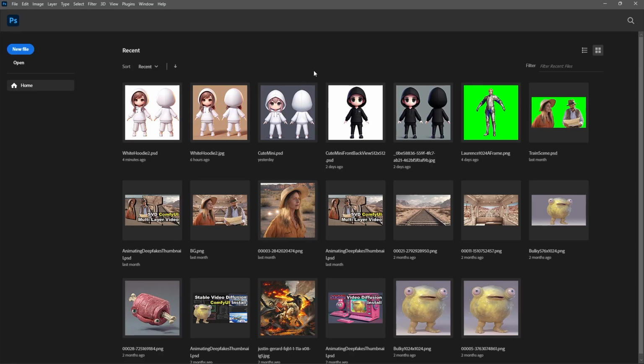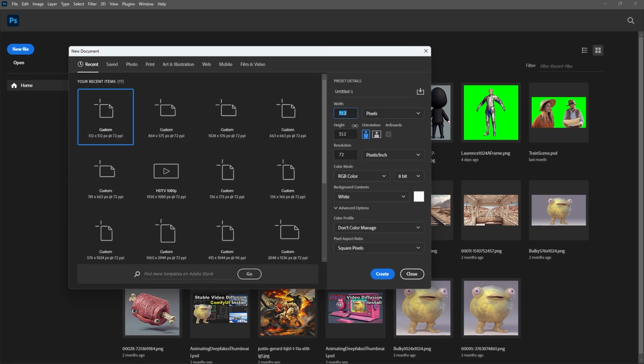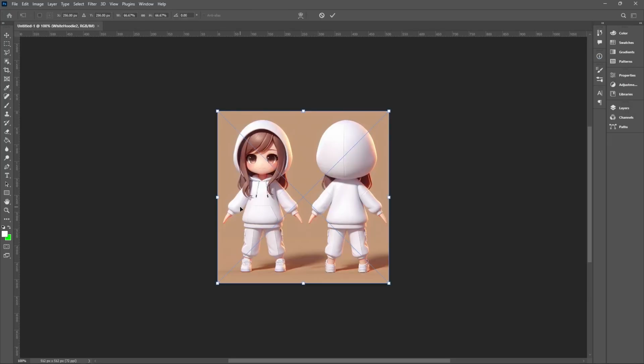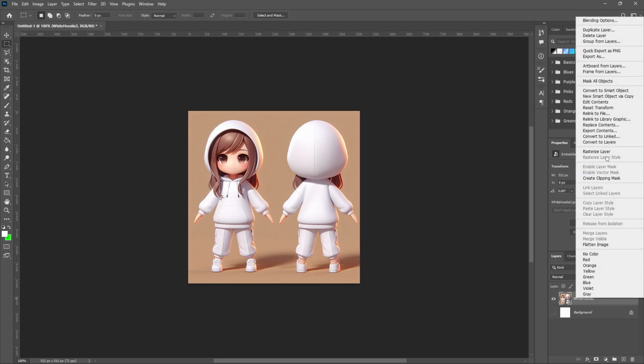Now we're in Photoshop. Let's create a new file. We're going to make it 512 by 512. Click on Create. Then click and drag your image that you generated and put it in Photoshop. Now we're going to remove the background. Let's rasterize this layer,